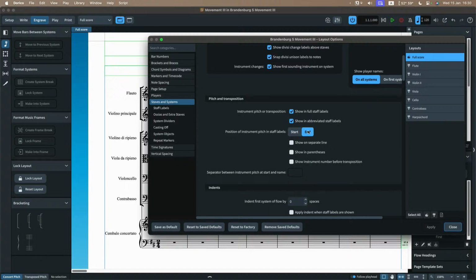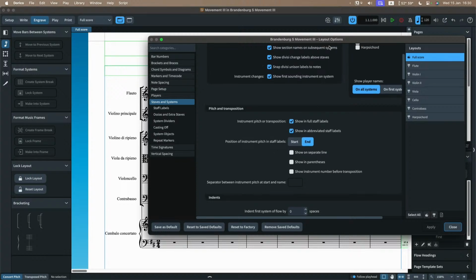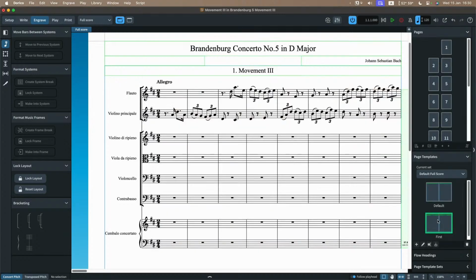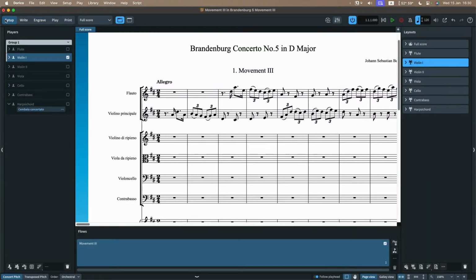So these options, and whether or not they're shown in parentheses and on separate lines and that kind of thing, these are all in here for this particular layout. Now, for most cases, they don't apply to the parts, as I said, because we've got those turned off. But if you want to override some of these or change the names, so in here, for example, in setup mode, you can see I've got flute, violin, violin 2, violoncello, contrabass, harpsichord,